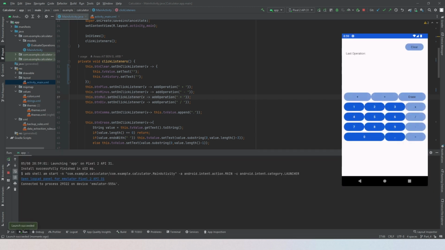All right, here's our application. 2 multiplied by 3 divided by 9. All right, that looks good. We have our results here. Now what we are going to do is change the number of decimals after the decimal point. Let's go